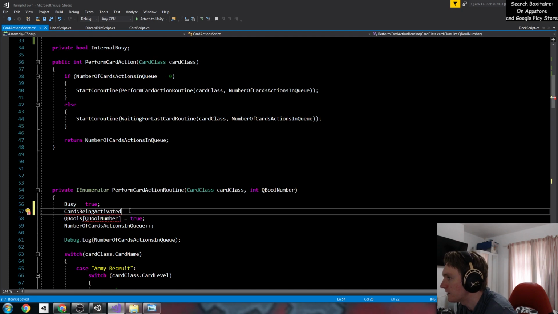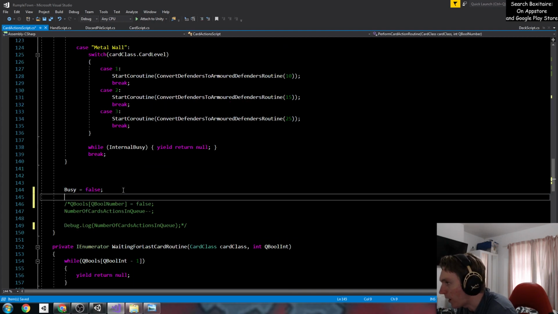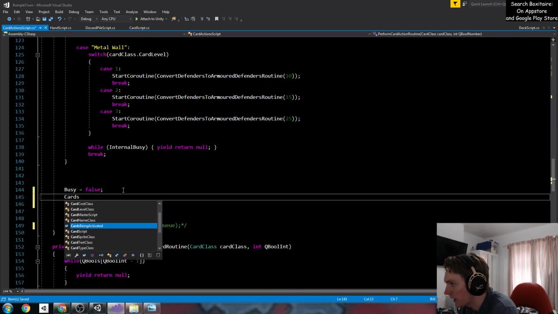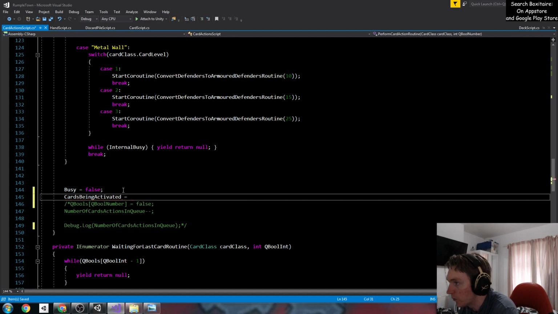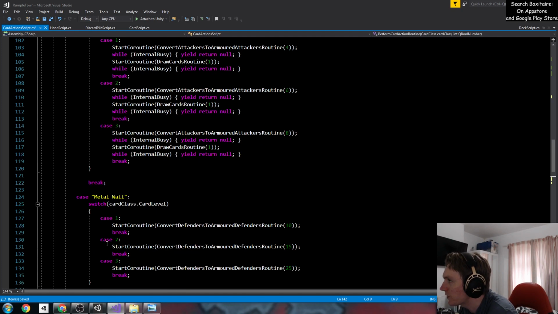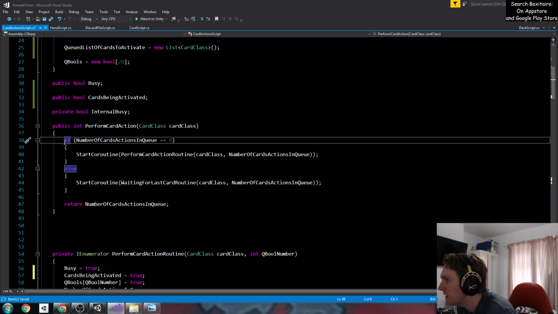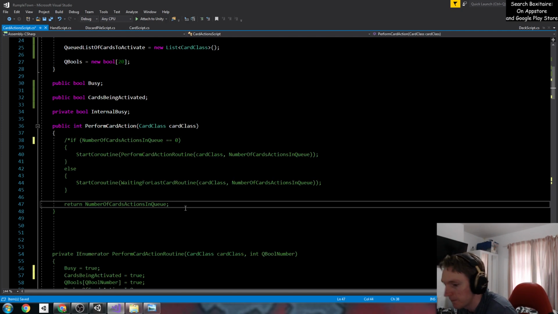Yeah, cards being activated equals true. And where it has busy, we're going to have that equals false. We might have one boolean too many, but I'd rather keep it all cards being activated equals false. That's fine. Okay, so what we're going to do next is here's where it gets a bit clever, right? So all of this, again, this might be really, really good, useful stuff, but